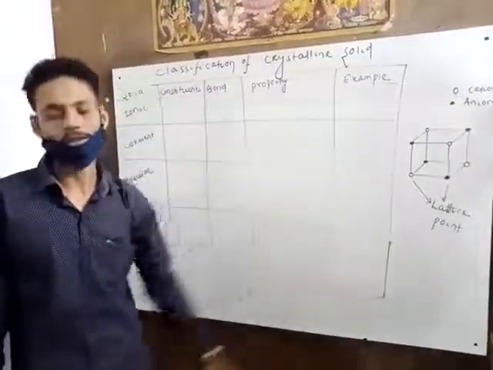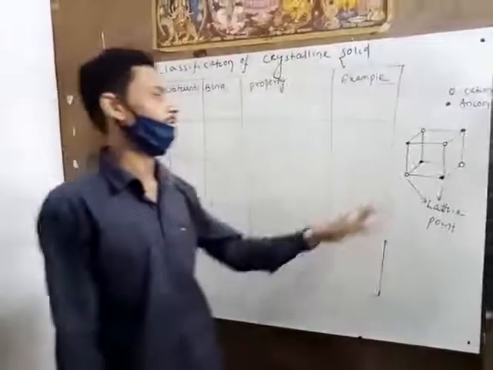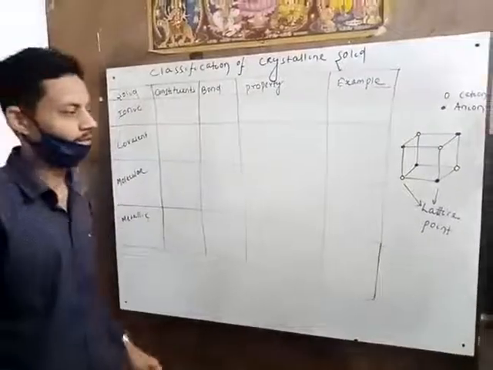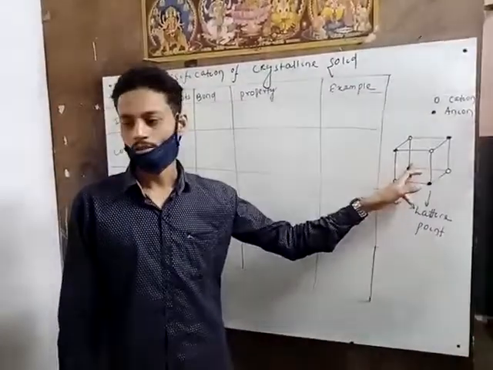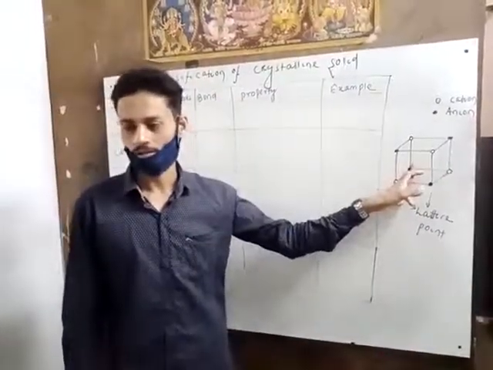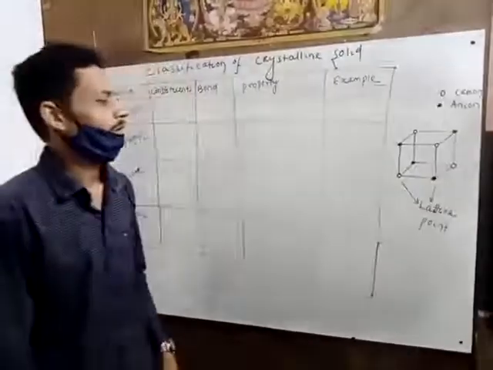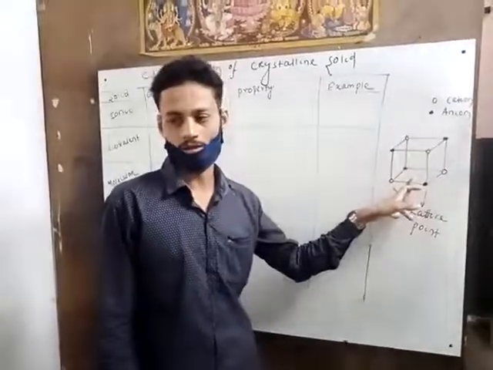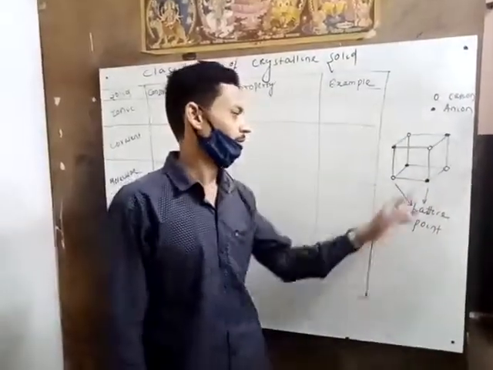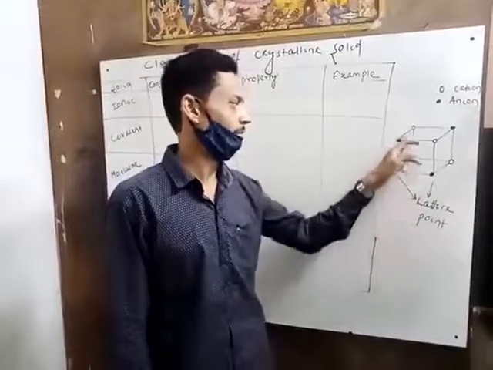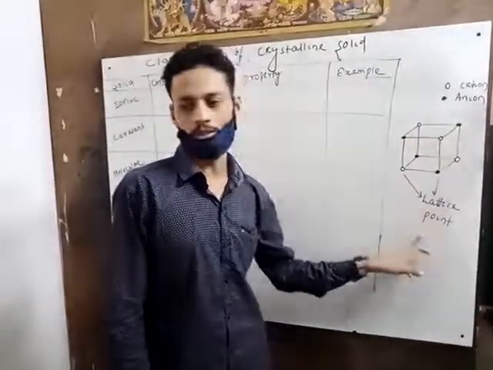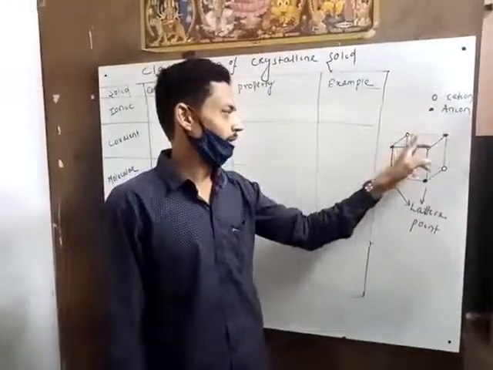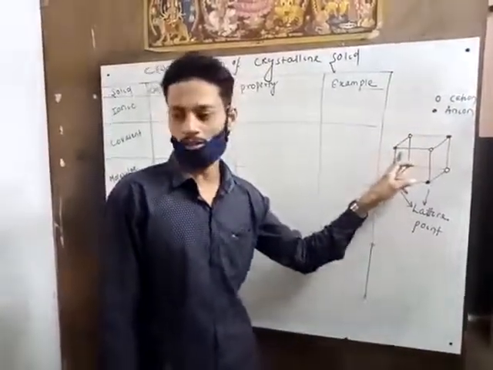And the last one is example. So there is a diagram for you. All the solids are crystalline, so they are considered to exist in a cubical cell. As you know, the cube contains how many corners? 8 corners. 8 corners means there may be 8 particles present. These particles or points are called lattice points. Here cations and anions exist in alternate positions.